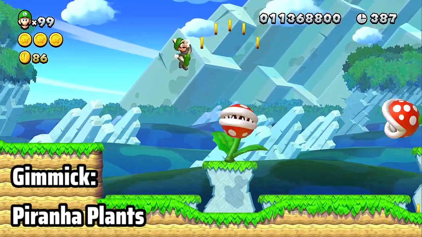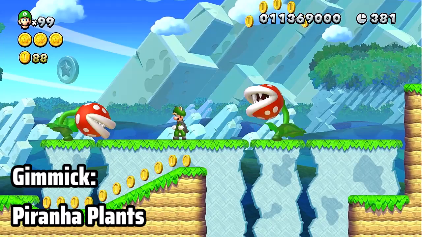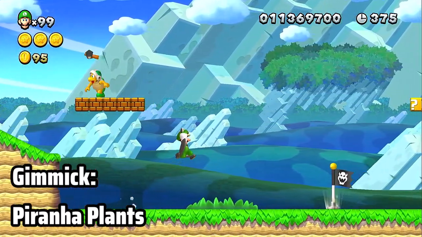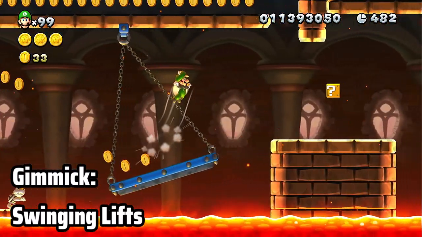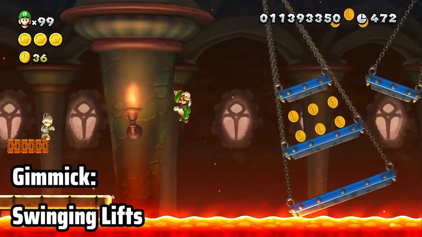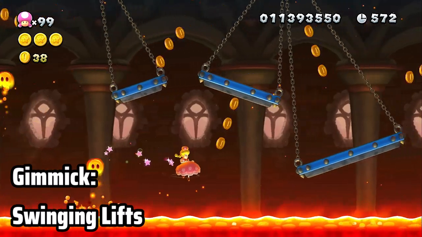On Rise of the Piranha Plants, I was able to get past the piranhas, and for enemy levels, as long as I don't touch the enemy or the enemy doesn't chase me, I'm fine. The piranha plants aren't going anywhere. On Lemmy Swingback Castle, it at first started out with just a couple of tricky jumps. Eventually I got to this part though, which I couldn't get past with Luigi, but Peachette was able to clear